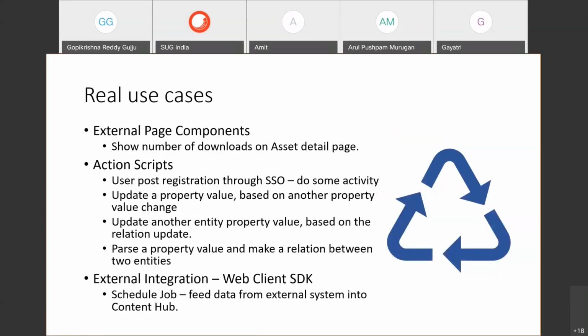Also, a few more things here. Migration: we have a lot of systems, external migrations. We used quite a bit of code to migrate, and we used some pieces for the Excel migration. But that was a huge piece we implemented. And we used the WebClient SDK very extensively to do a lot of cleanup activities, because we imported almost 1 million assets.